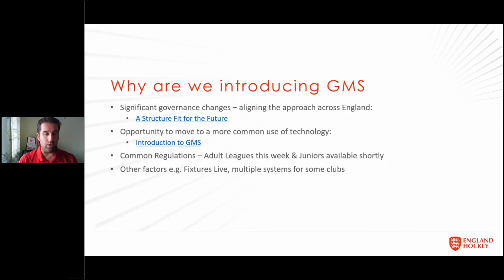We're also very aware that technology is moving on, and we need to adopt technology to help with the processes of managing games. We want to make everybody's life easier. So the critical thing from a team administration perspective, and we'll touch on it tonight, is about team sheets, match reports,